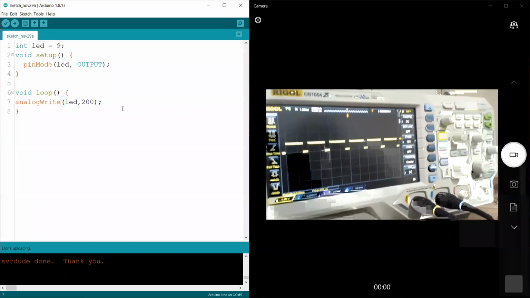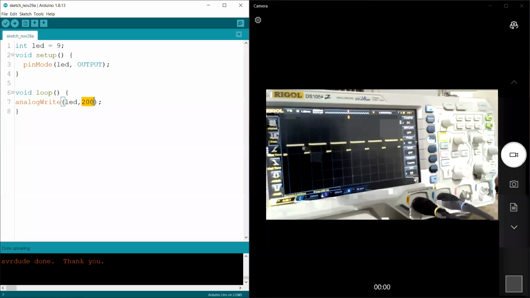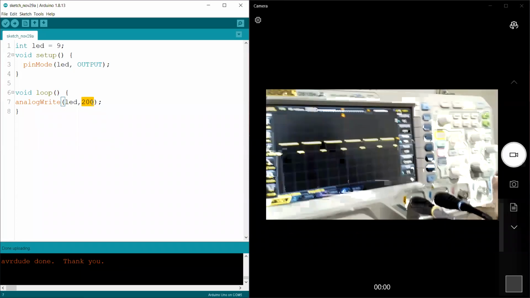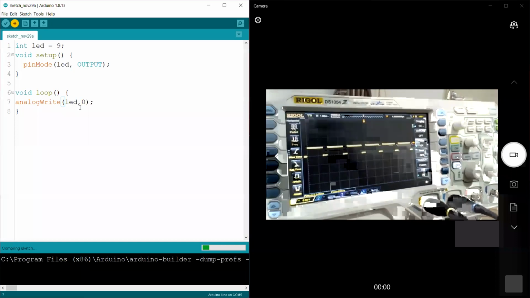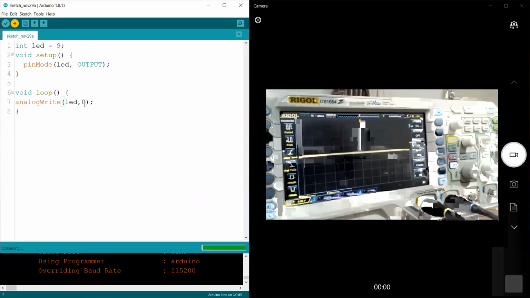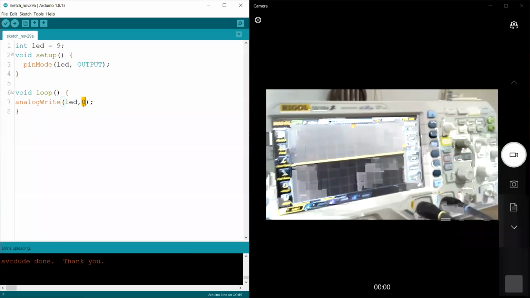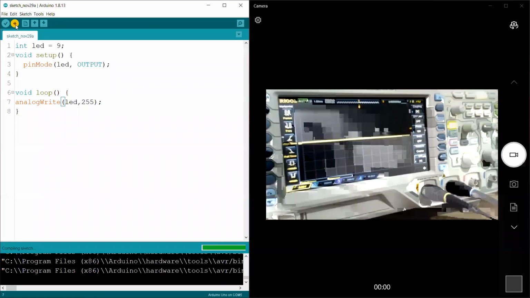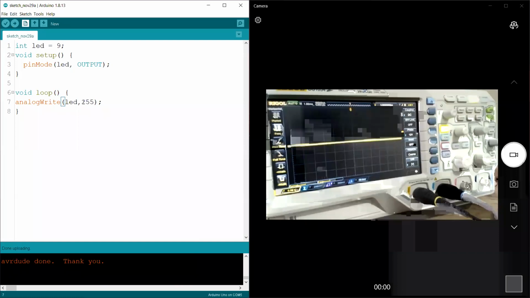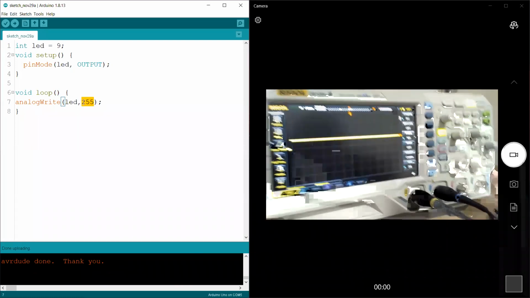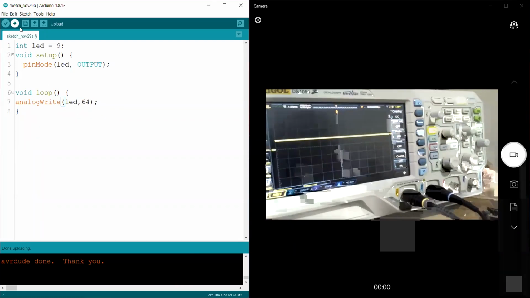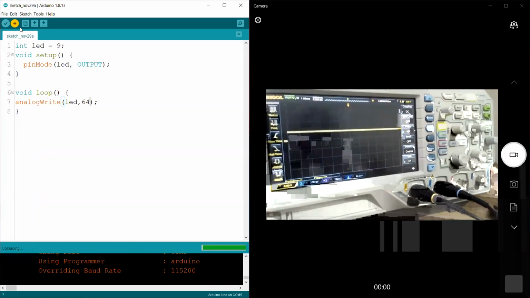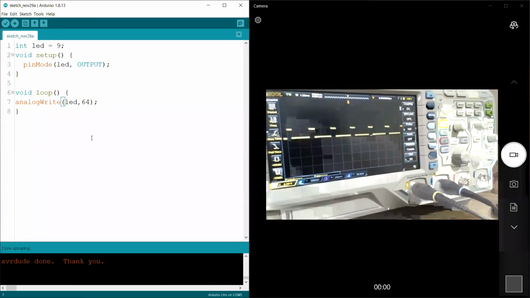When you put 0 here, you get 0 brightness, meaning the LED is off. If we put 255, that is fully on. And if you give a medium value like 64, that is going to give you medium brightness, right? That is the basic idea.